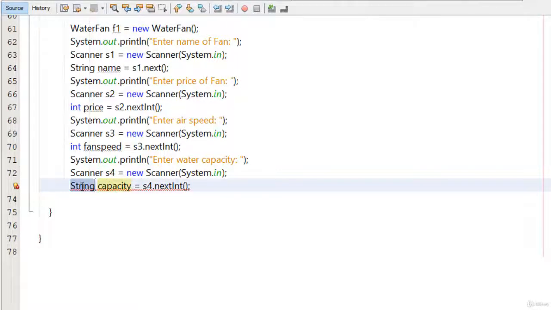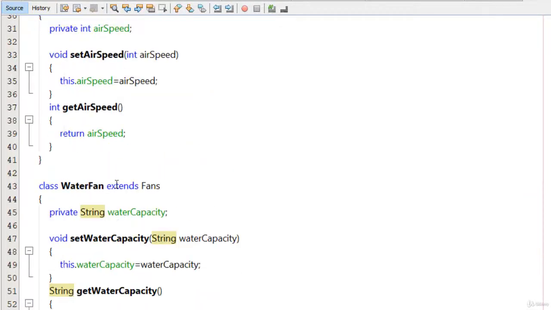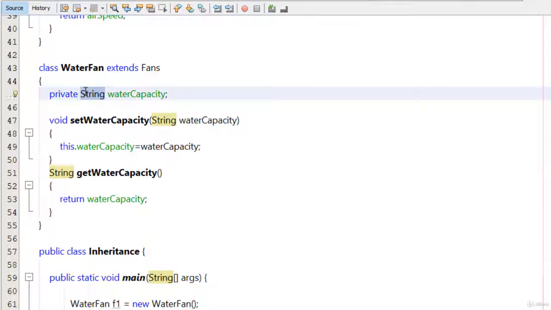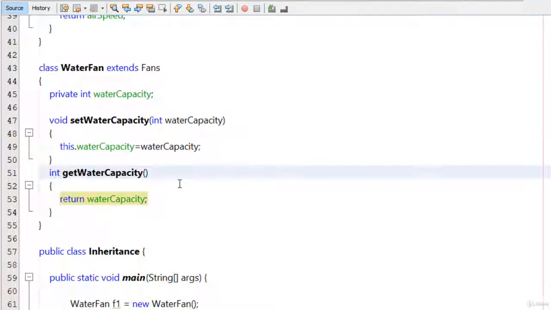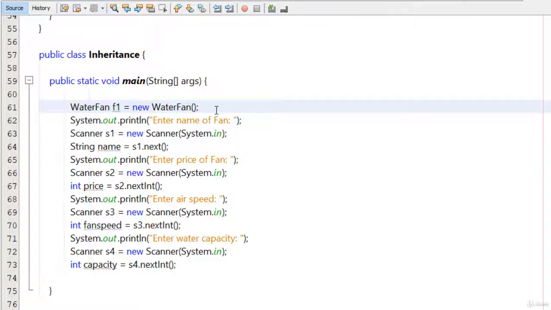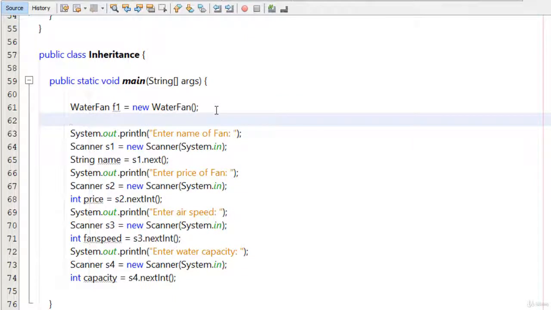Also change its data type to int and also change it here. This is also an integer variable, so int and int. Okay, I have already created the object of the WaterFan class here,